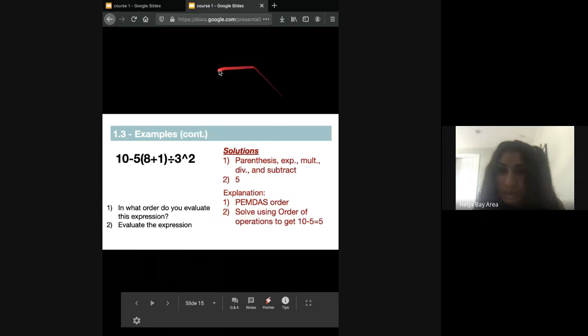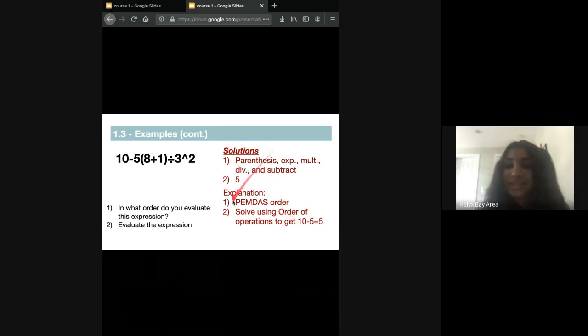Okay, so our next one is this, and I guess the explanation and solutions are shown here for some reason. So in what order would we evaluate this, and what is the expression that is evaluated? So first we know we have to do PEMDAS order, which is we first solve this out, 8 plus 1,